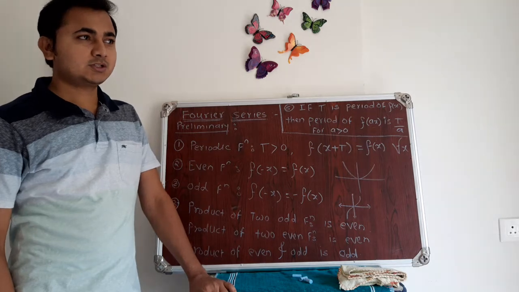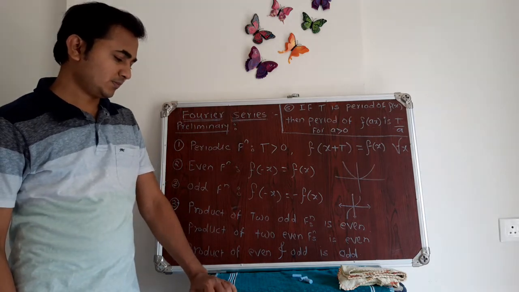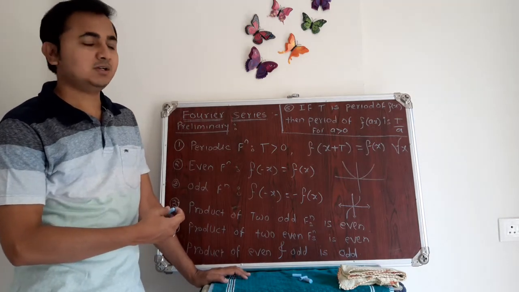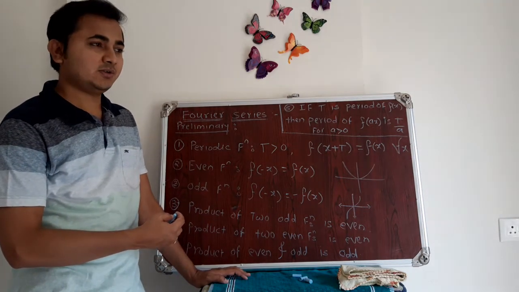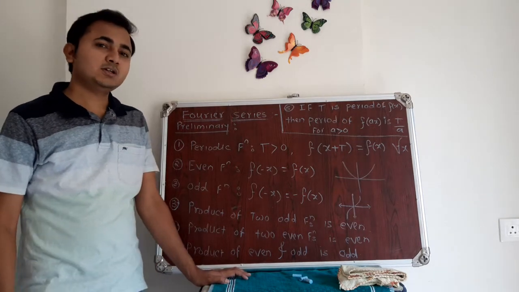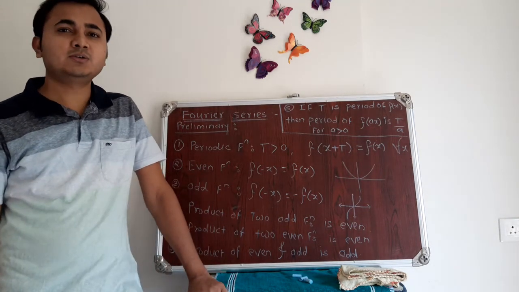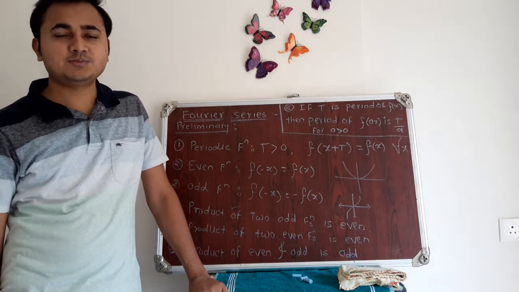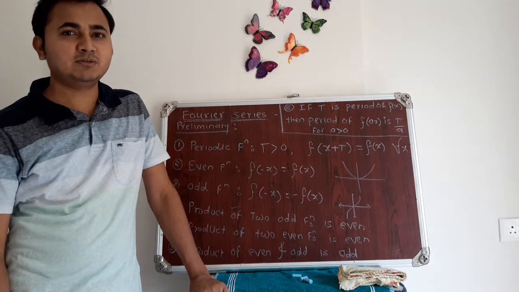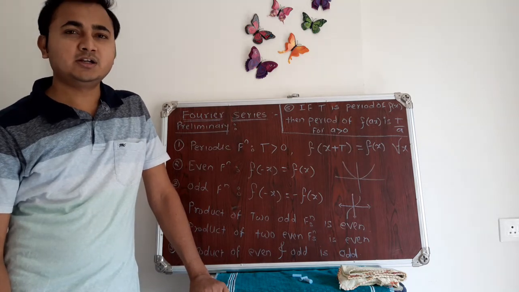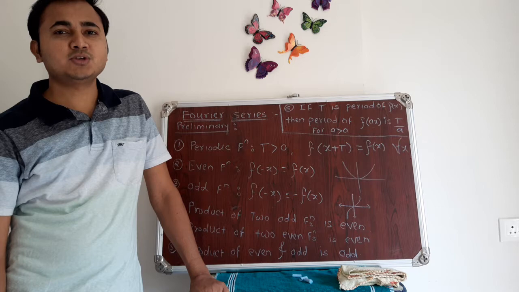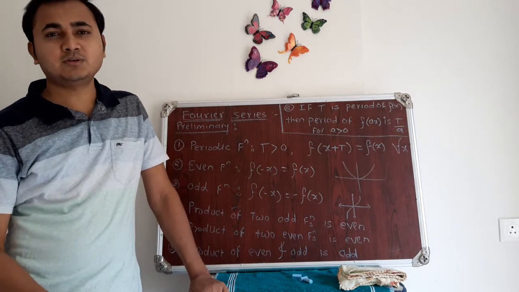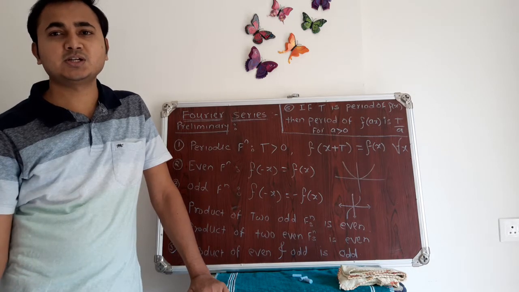So moving on to the next concept of this M2, and that is the last concept of Fourier series. Basically, in Fourier series, what we are trying to do is represent a signal, that is a time domain function, in terms of sinusoidals. So we are trying to represent the function f of x in terms of sines and cosines.